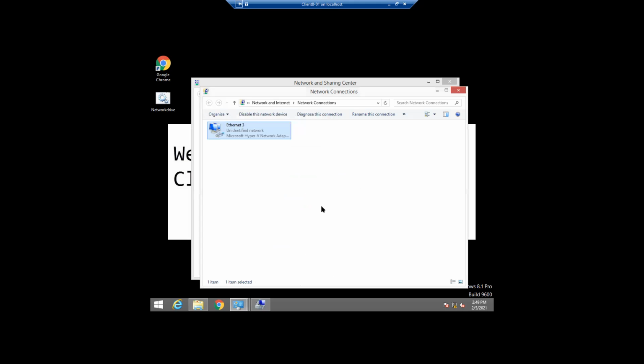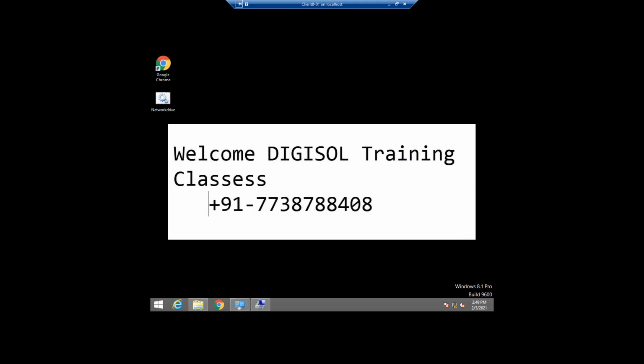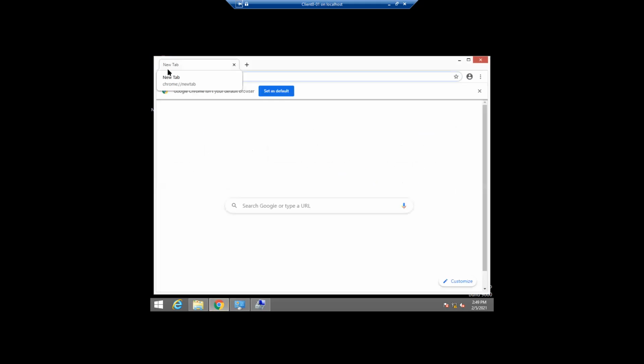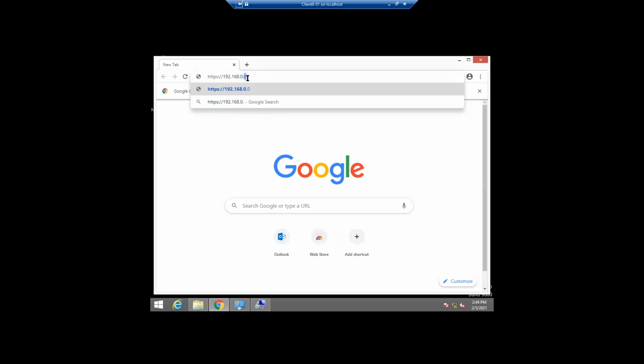So what I will do is access the Exchange console from this machine. Google Chrome is there, so it is easy and it will not block. In Internet Explorer there is enhanced security, which does not allow some settings, so it is not able to access. That's why I'm opening it in the client machine, so that we can sort it out later. I will show you how. 192.168.0.108 and ECP, right?